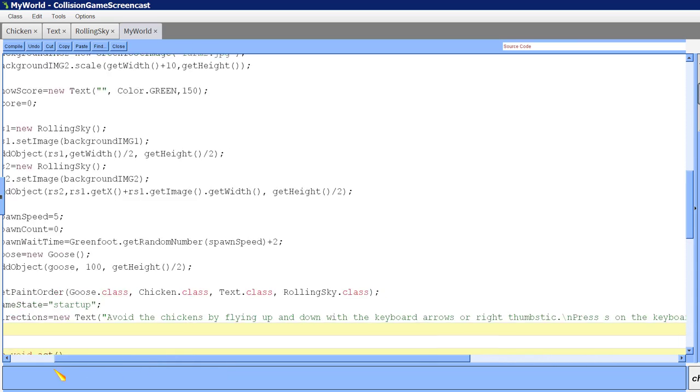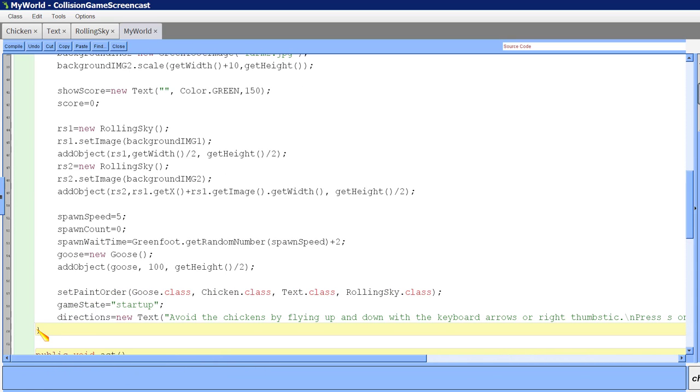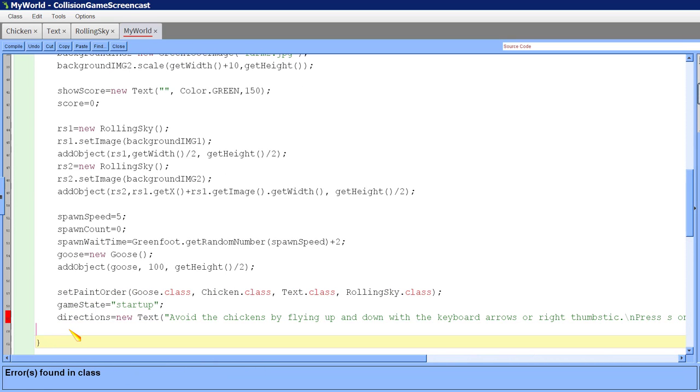Okay, and then I'm going to add that to the world, and I'm going to put that near the top because I don't think there are any chickens flying by yet. And as soon as they start the game, those directions are going to disappear. So I'm going to say add object, and I'm going to say directions, and I'm going to say color.yellow